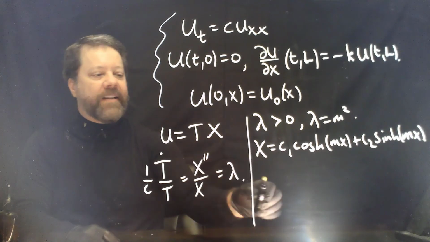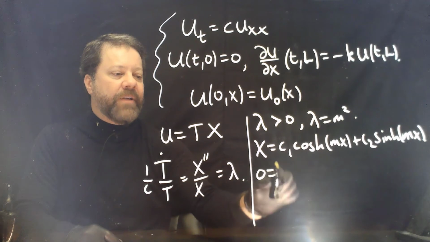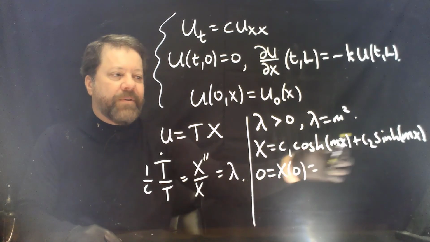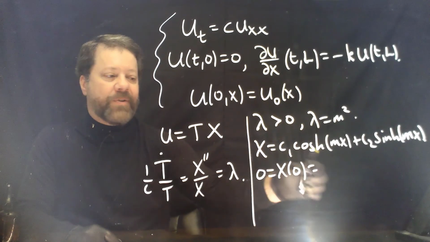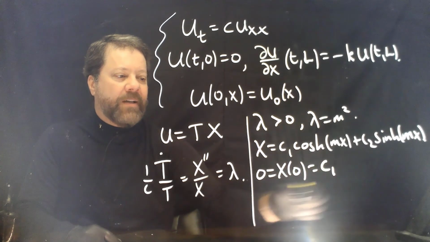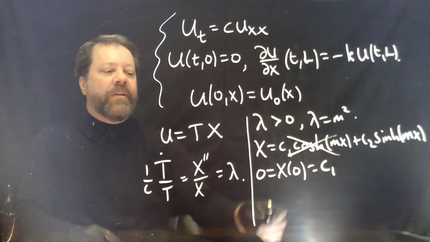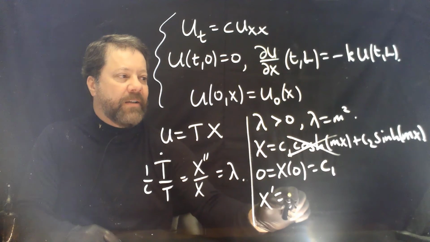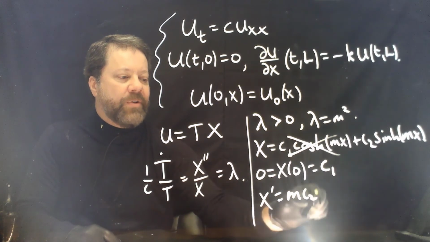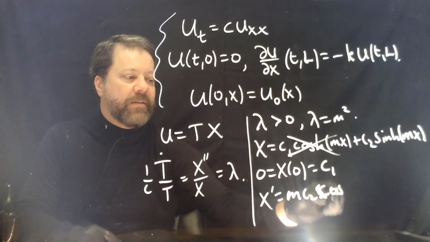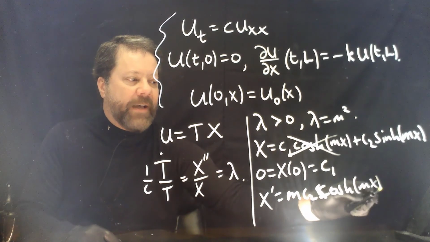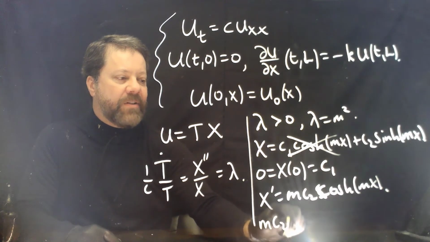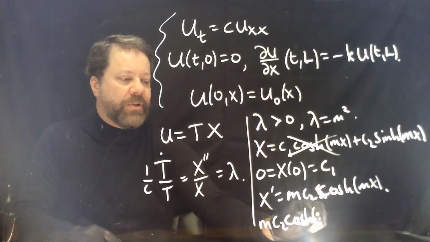To satisfy the left boundary condition, 0 equals x of 0, but when we plug in 0, hyperbolic sine of 0 is 0, hyperbolic cosine of 0 is 1, we'll have c1 is 0, which means this part goes away. X prime then will be m times c2 times the hyperbolic cosine of mx. If we evaluate that at L, we get m c2 cosh of ml